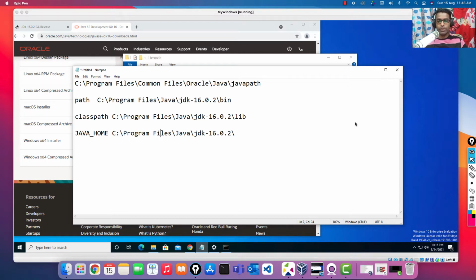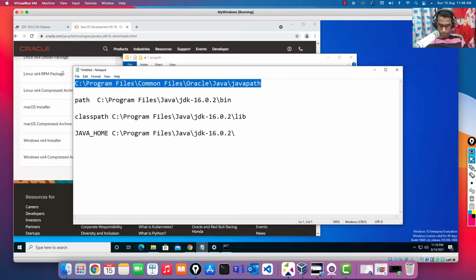Before that, I was also giving you a piece of information on Oracle's default path location for accessing the commands. This will be the default path value that will be available in the environment variable. The very first thing is, how do we access the environment variable? You can open your